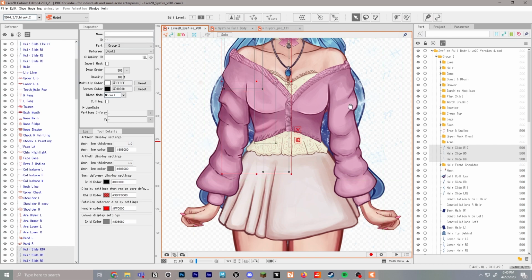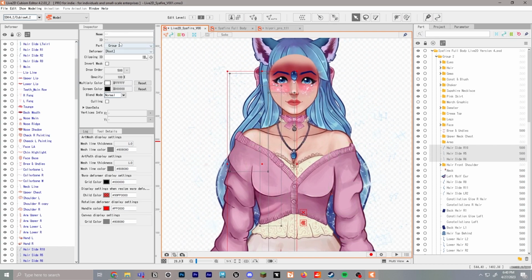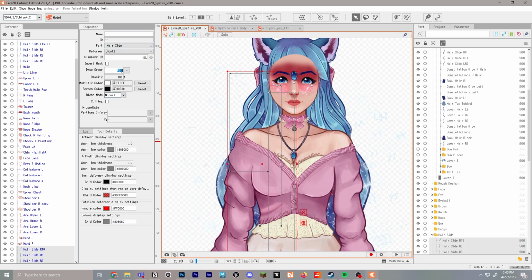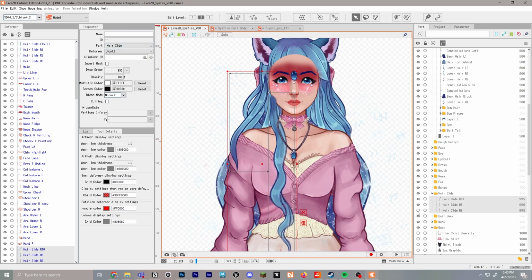So for the hair side, these are going to be all side pieces of hair. We're going to open that part and select hair side. So these actually do have a little bit more specific directions. And I actually misnamed some of my stuff here. So like, this should be hair behind. So I'm going to select those two and select hair back because it's going to be in the back, and then we'll change that layer to send it to the back.